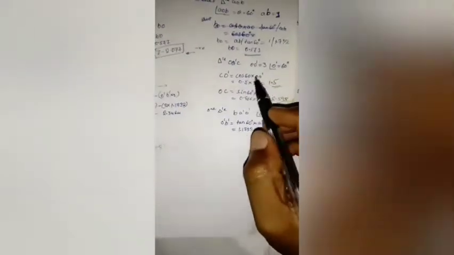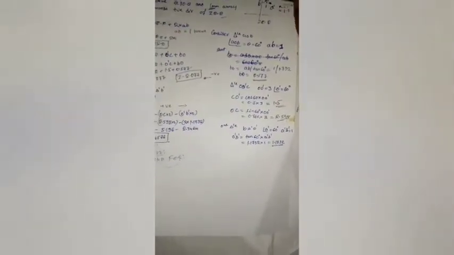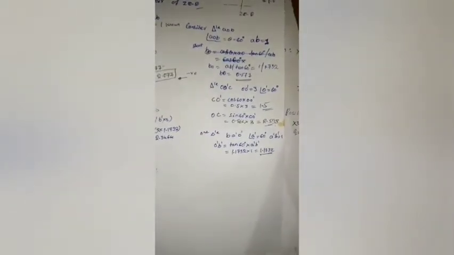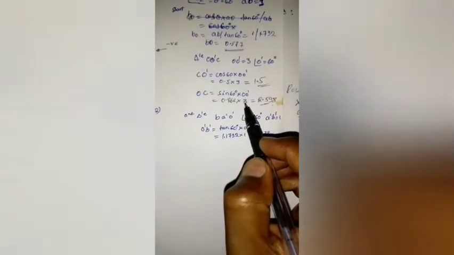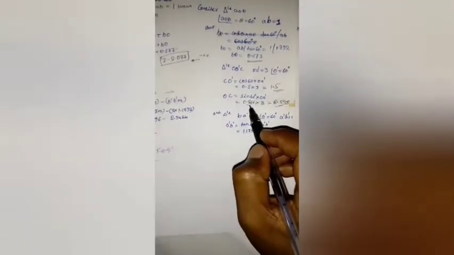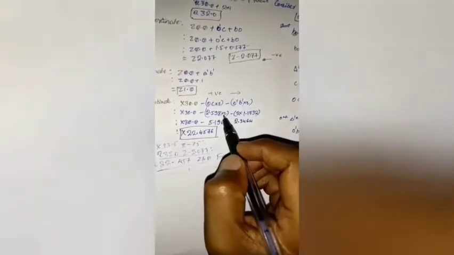So OC is in this triangle, so OC is the opposite side. I can use the sine function. This is the hypotenuse. Sine 60 multiplied by O dash. So the hypotenuse, this sine theta, sine 60, so I can get OC. Sine 60 multiplied by O dash: 0.866 multiplied by 3. The value of sine 60 is 0.866. So on multiplication, I'll get 2.598, multiplied by 2.